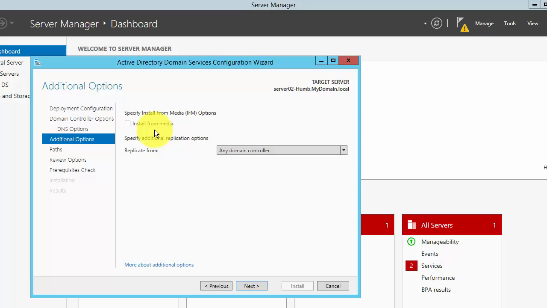deploy an additional domain controller to a far off branch which has a bad WAN connection. So you would not want to replicate all of the Active Directory data over the WAN to that branch because of the bad WAN connection. A very slow link, an unreliable one. So what you do, you